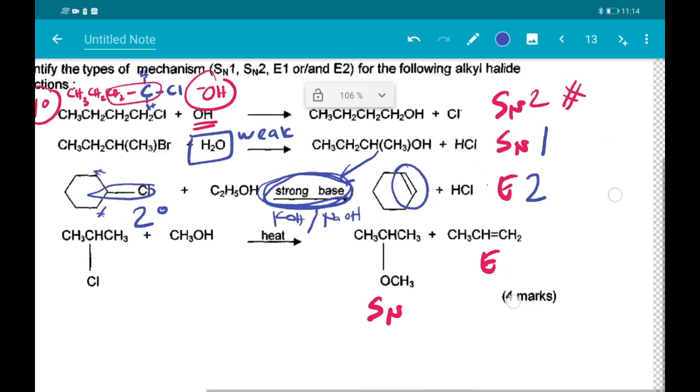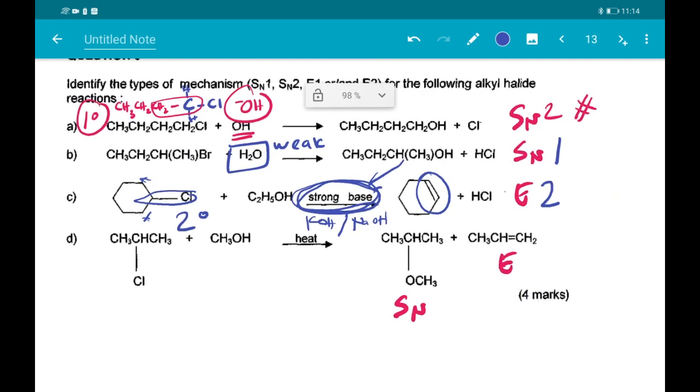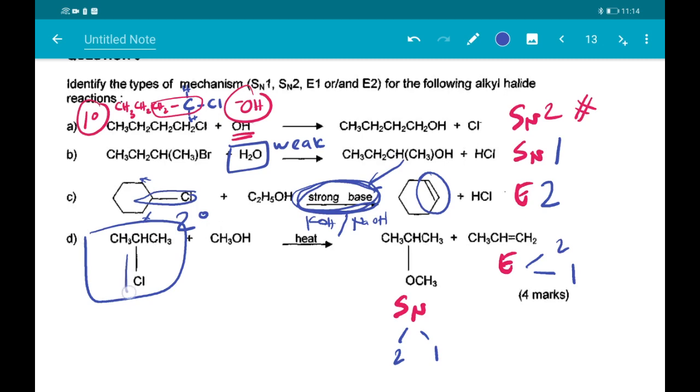We already determined A, B and C. What about the last one? Again, the substitution can be either SN2 or SN1, and the elimination can also be E2 or E1. So let's take a look at the alkyl halide first. The alkyl halide again is a tricky one because it is a CX attached to 2 carbons, which is secondary. Again, with a secondary, SN2 or SN1 and also E2 or E1 can occur. That's why we need to check with the next factor, which is